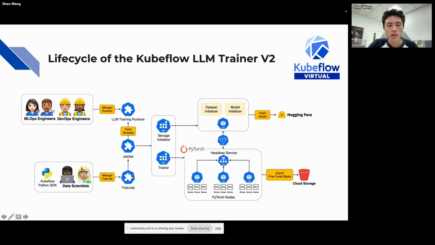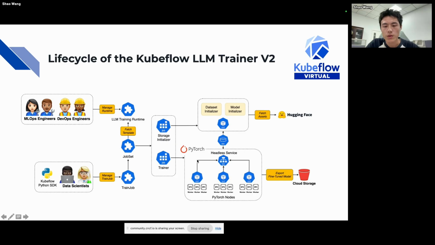And the train job will use the fields, some configs defined in it, to override the default configs in the LLM training runtimes, and they will create a job set. And the job set will create a storage initializer and a trainer. The storage initializer will do the initialization work for the dataset and the model, and it will download them from Hugging Face.